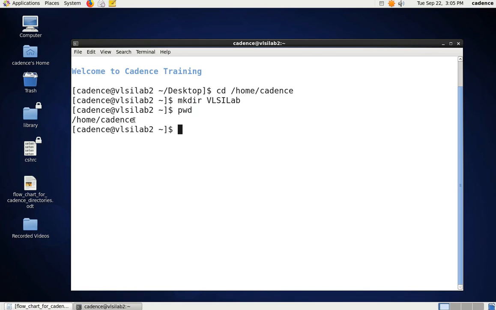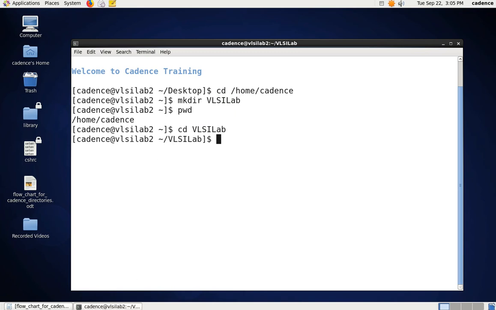But inside, what I have to do, I have to go inside my directory, that is the VLSI lab directory. Inside that I have to create 4 more folders. So again, to enter into my folder, cd VLSI lab. Now it is showing the path. Now I am in my directory.